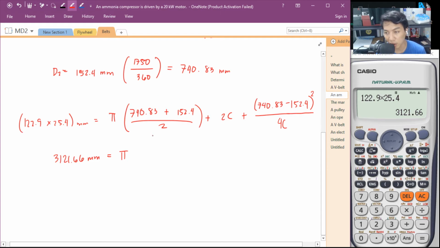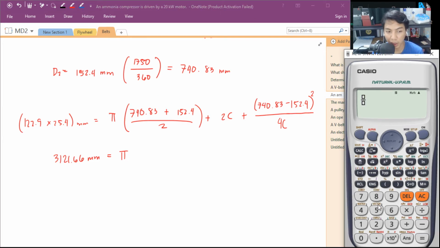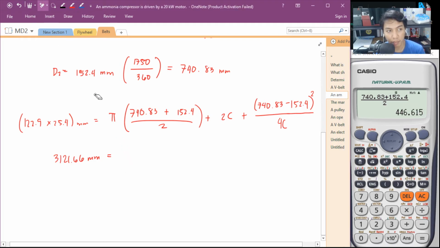I-simplify na natin yung nasa loob. Bale, 740.83 plus 152.4 divide by 2. So, multiply ko na lang ng pi. Ibang kulay tayo. So, that is 446.615 pi plus 2c plus itong loob 740